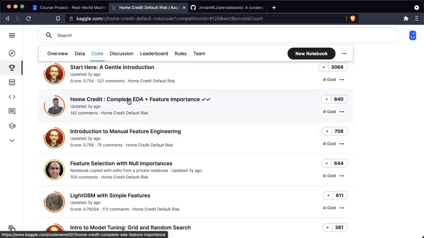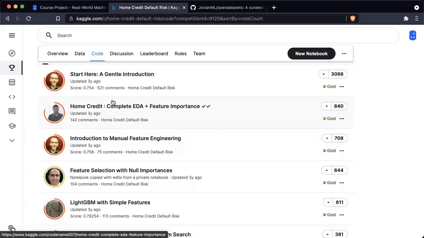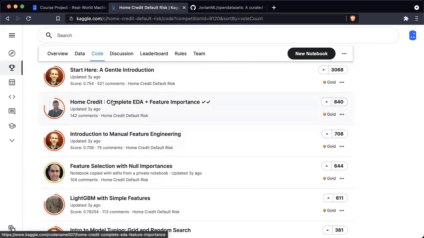Now, you can use some helper functions from some of these notebooks. You can use a little bit of code from here and there, but definitely do not plagiarize any notebook. The idea is for you to learn. That is the most important thing. And you should be able to draw the line where you are using a specific part of some notebook to make your work easier versus taking code and not learning from it and not understanding it. So to get the most out of this project, make sure that every line of code that you read or every line of code that you use from somewhere else, you understand what it does and you use it to apply your own original ideas. So please keep that in mind.